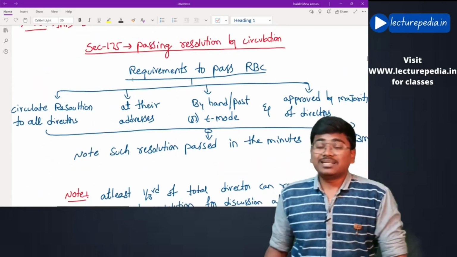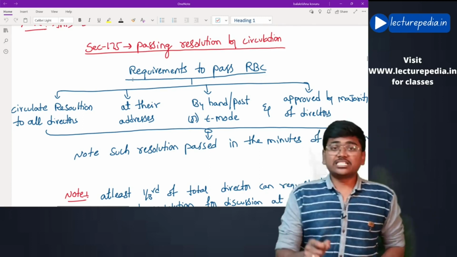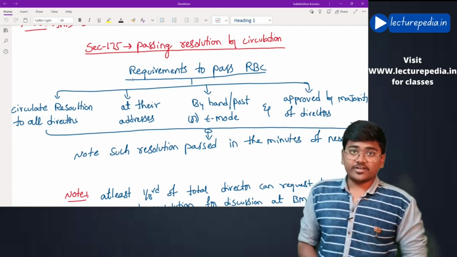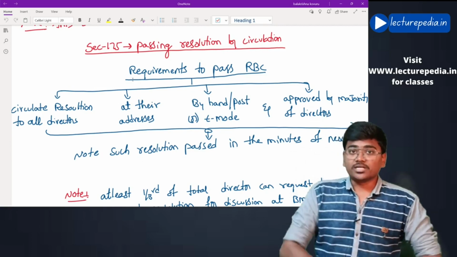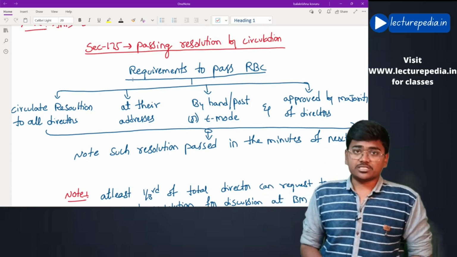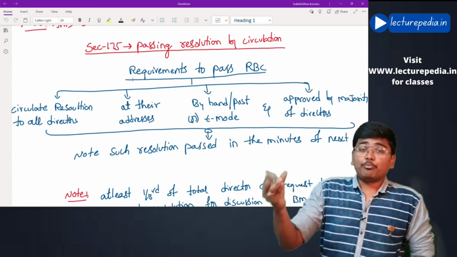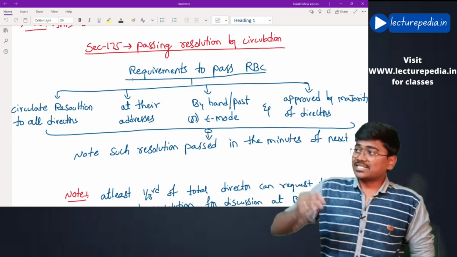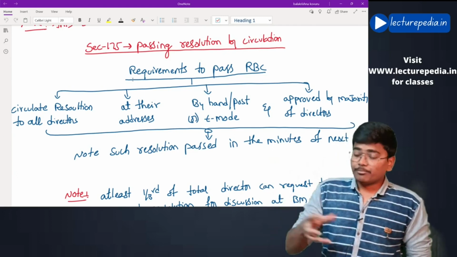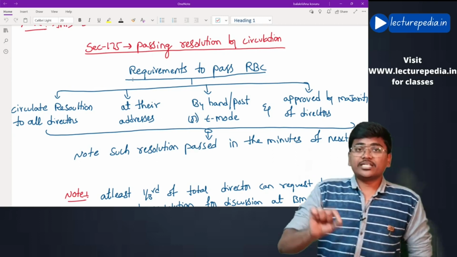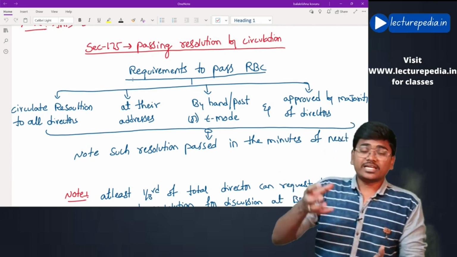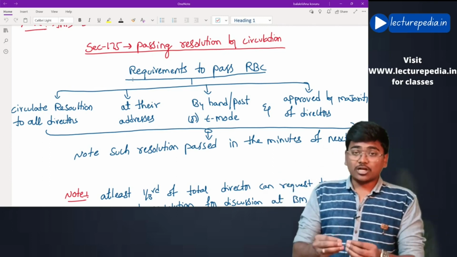Okay, next, section number 175, which deals with resolution by circulation. That means in this section 175, the company need not conduct a board meeting. See, the company will be entering into various transactions on a day-to-day basis. Now, there will be various approvals required from the board of directors on a day-to-day basis. For taking each of these approvals, if the company has to conduct a board meeting, then it would result into a costly matter. Thereby, to prevent the costs that are incurred on conducting board meetings, the concept of resolution